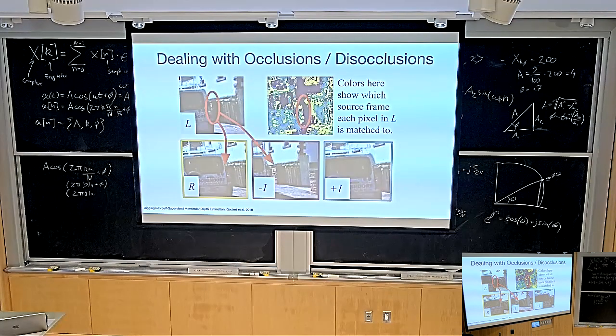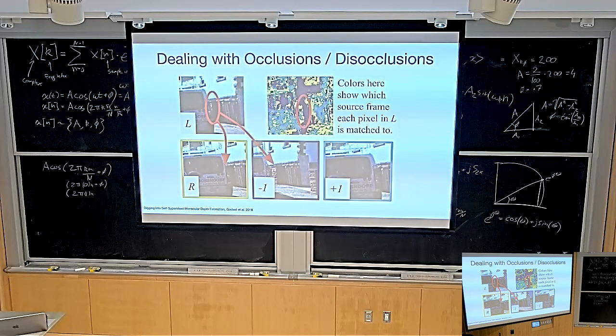What you can tell here is there is a region which is purple, and the purple region all comes from this frame, the purple frame. And you can see that this is exactly the region where the car goes from occluding the background to disoccluding the background. So you can only explain that with the